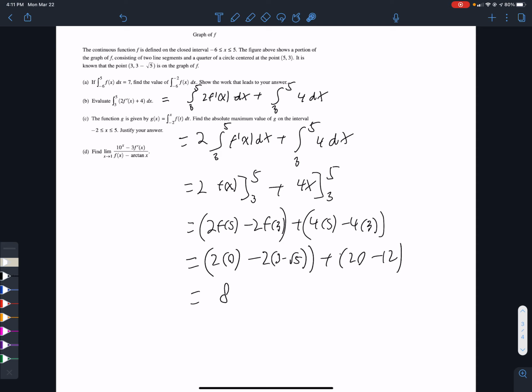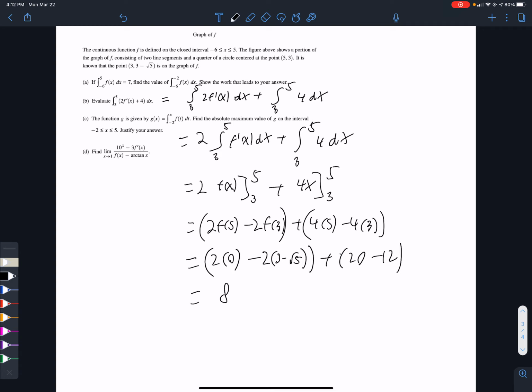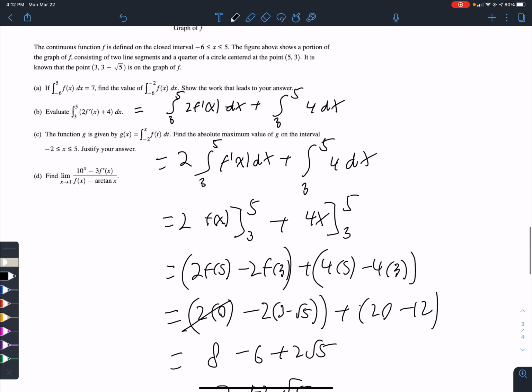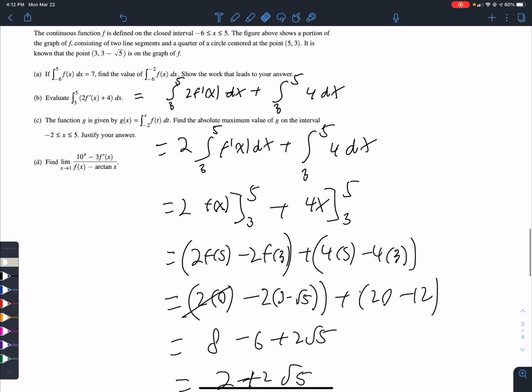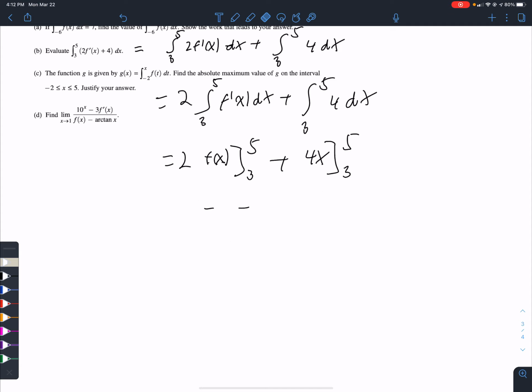And again, at this point, you should stop. Don't go any further than that. That's 0. I distribute the minus sign here. I'm going to get minus 6 plus 2 radical 5. So that's going to give me 2 plus 2 radical 5 as my answer. And that's part B. That's just using the properties of integrals. So basically the first two are properties of integrals, making sure you know all the different things you can do to integrals. All right, part C,